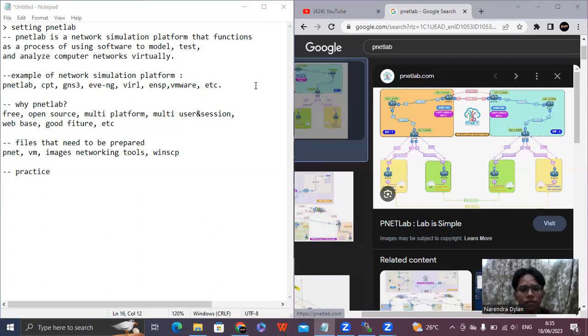namely Pnetlab. Okay, generally, Pnetlab is a network simulation platform that functions as a process of using software to model, test, and analyze computer networks virtually. You can create a topology of your computer network in a network simulation platform. And the examples of network simulation platforms are Pnetlab, Cisco Packet Tracer, GNS3, Fengv, Eve-NG, and